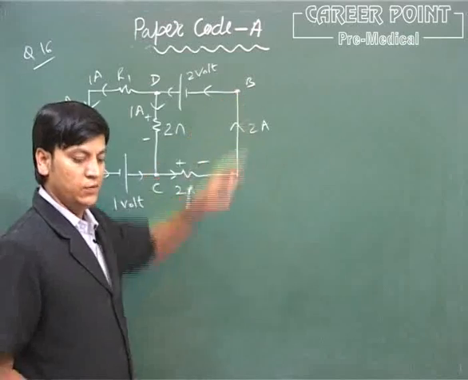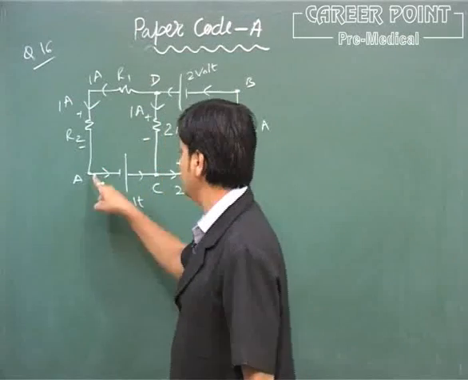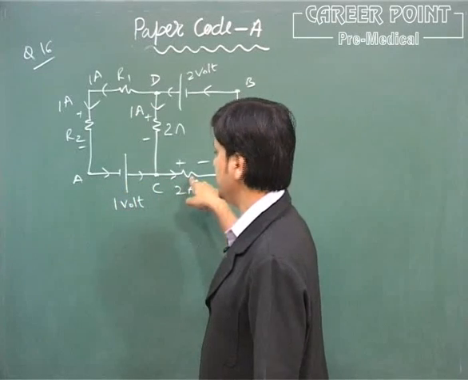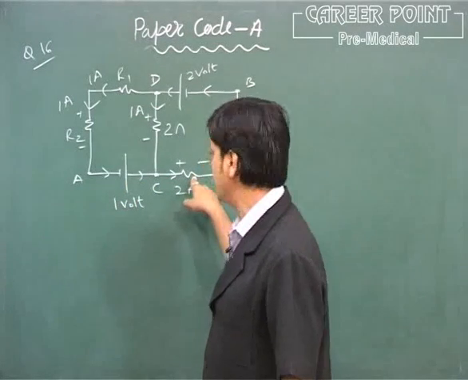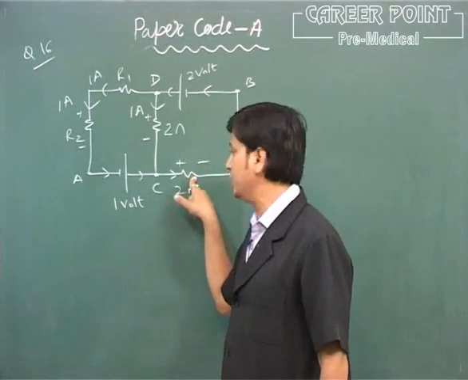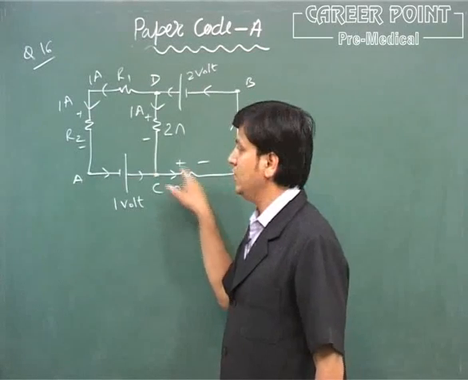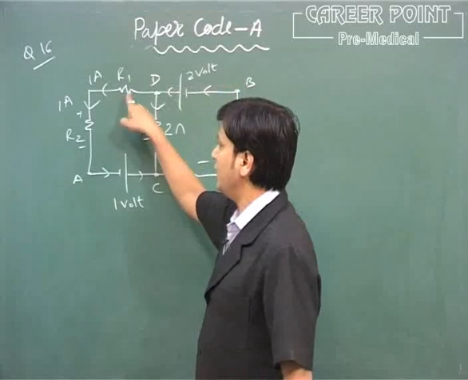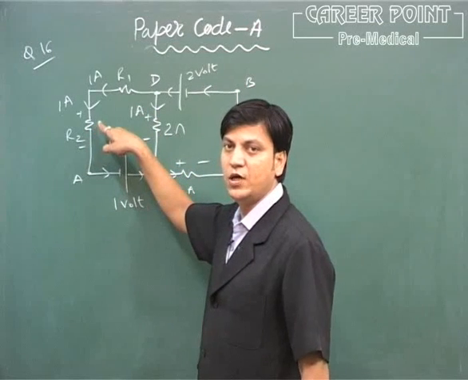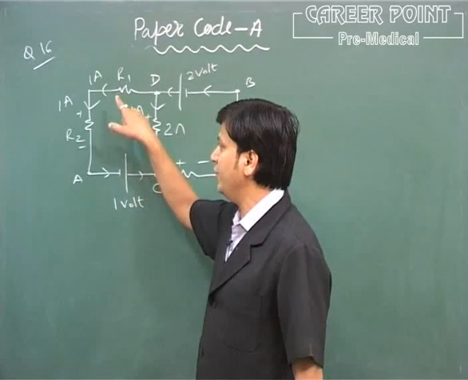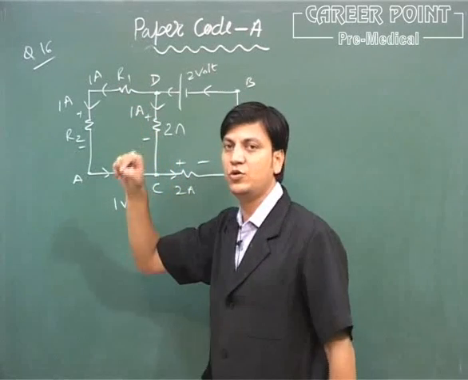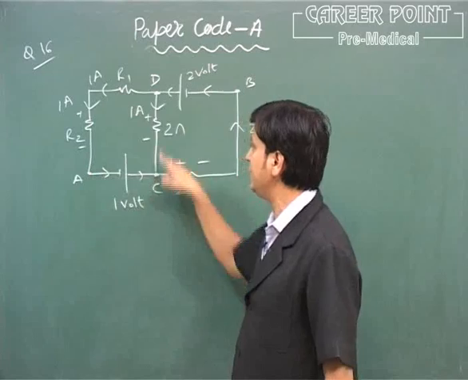ACDB. This path is used because if we use the ACB path, then there is a problem. The resistance value is not provided. If resistance is not provided, then we cannot calculate the voltage drop at this location. Similarly, if we use this path ADB, then R1 and R2 are not provided, so we cannot calculate the potential drop across these resistances. So the only path we have to use is ACDB.